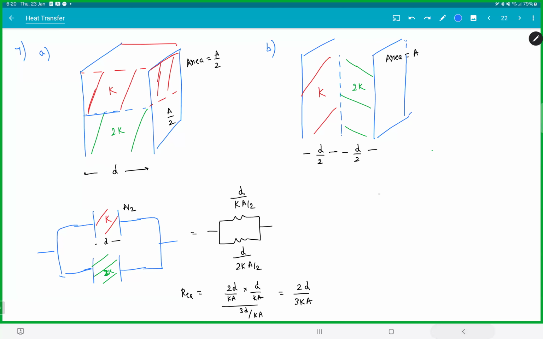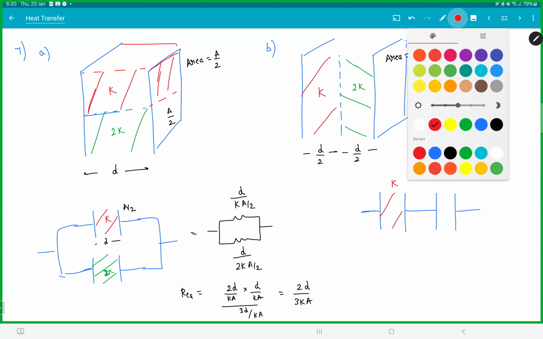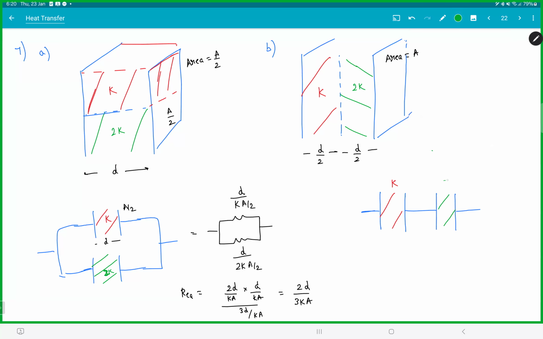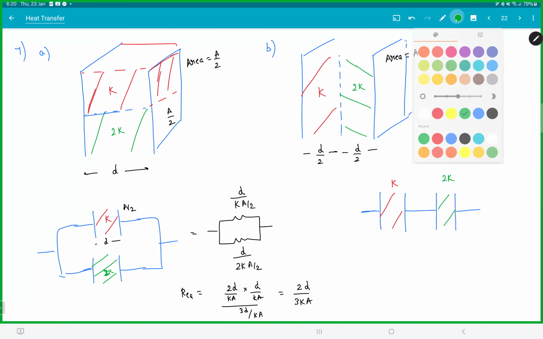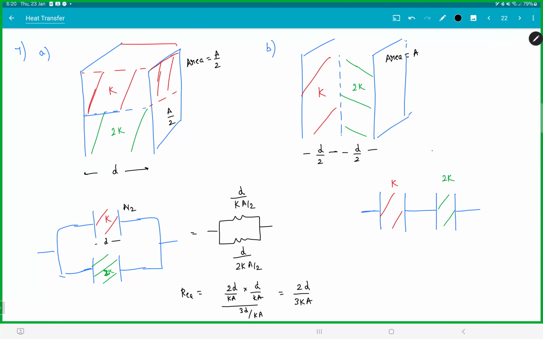So this can be written like this, the left and right. This was K. This was 2K. Area was A and the length becomes D by 2. Both are in series, so R equivalent will be D by 2KA